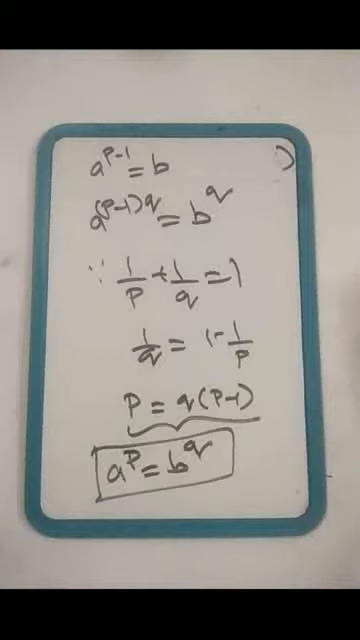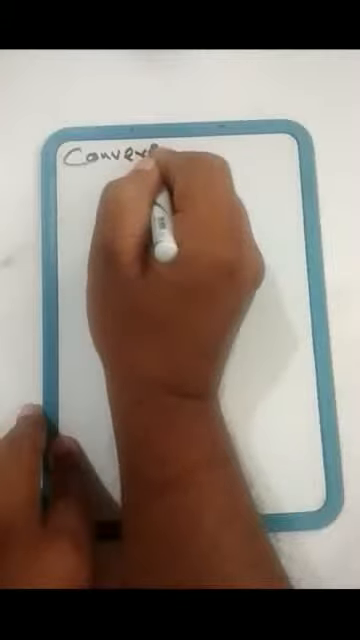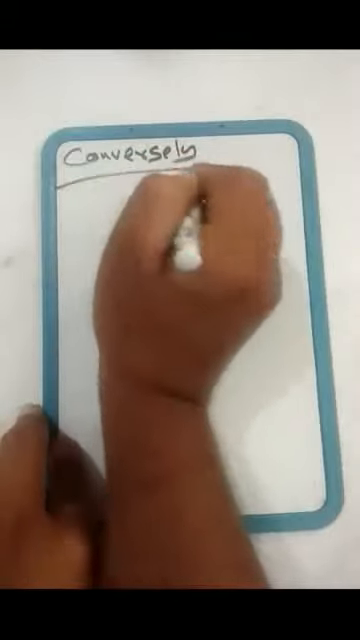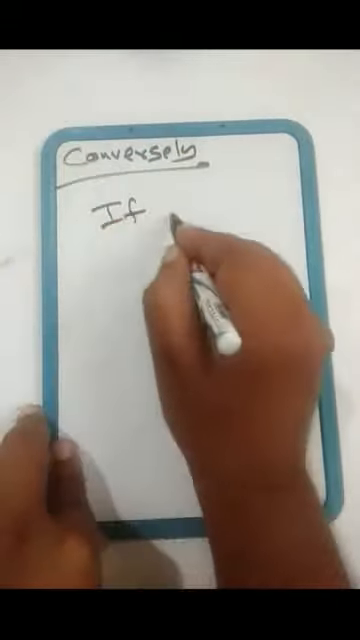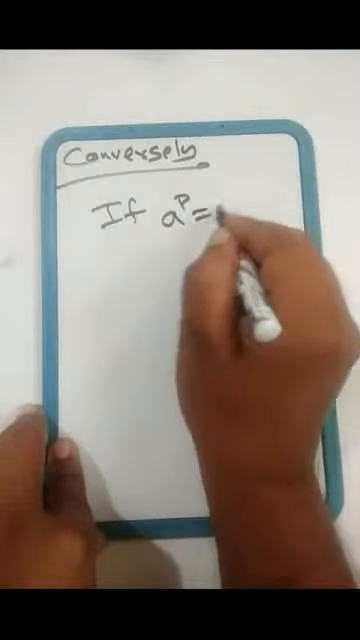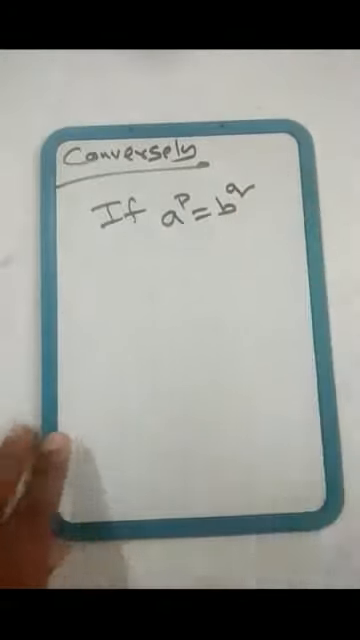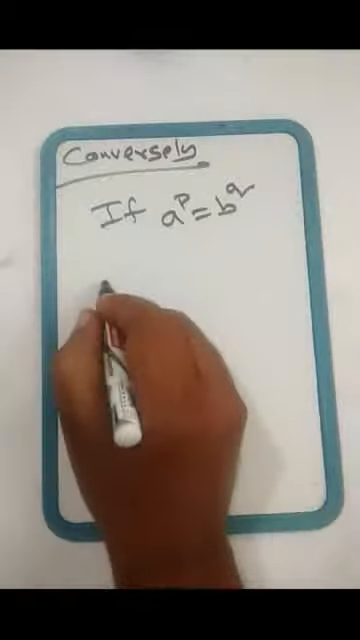Now let's prove the converse, the only if part. So converse: if a raised to p is equal to b raised to q in